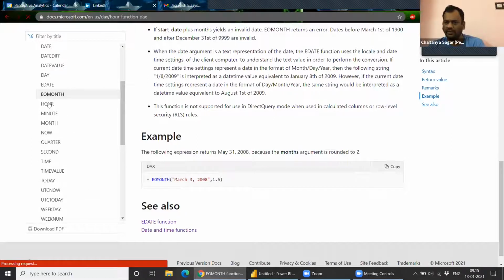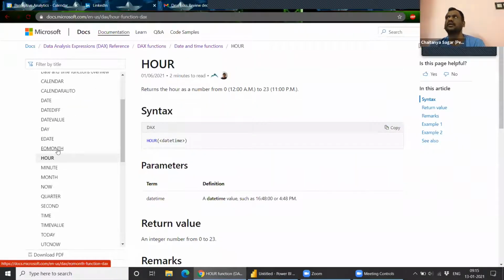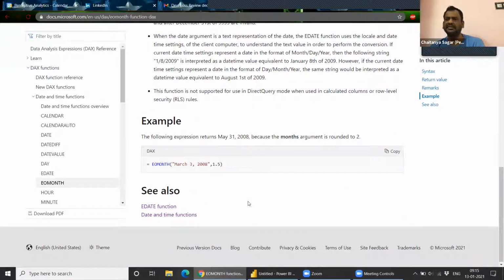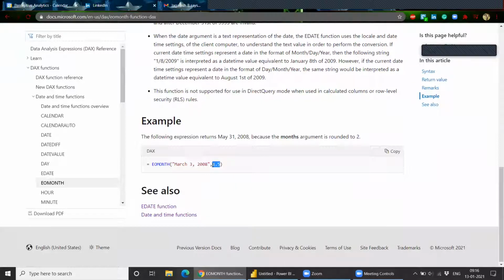So it is 1.5, right? Oh, yeah, this is okay. So it goes into 1.5 months and then does the end of month, is it? No, what it will do, it will always round off to the upper decimal. So if you give 1.5, it will round off to 2, and then it will calculate. Okay, correct. Or otherwise, it's the same thing. Okay, so it does 2 months, is it now?